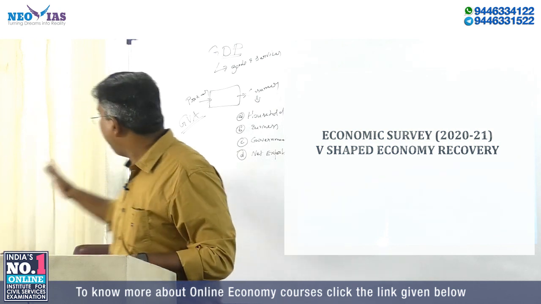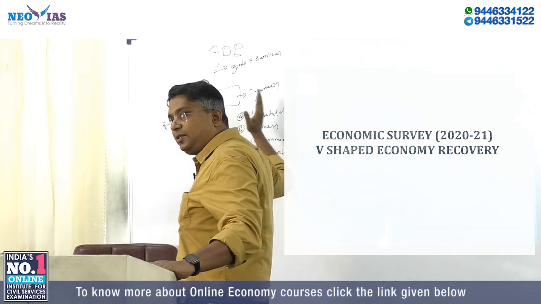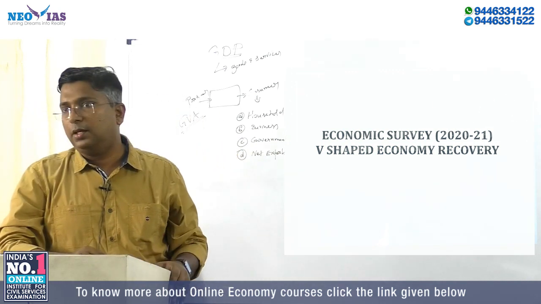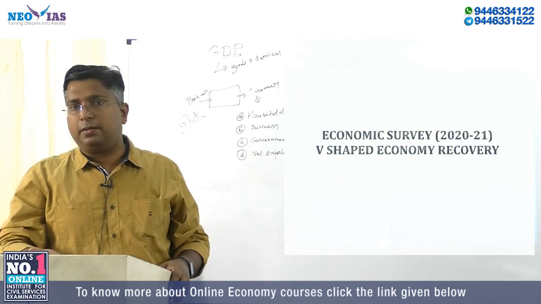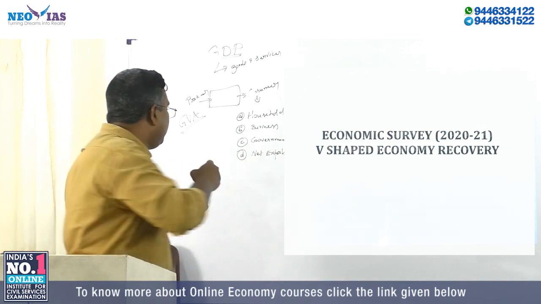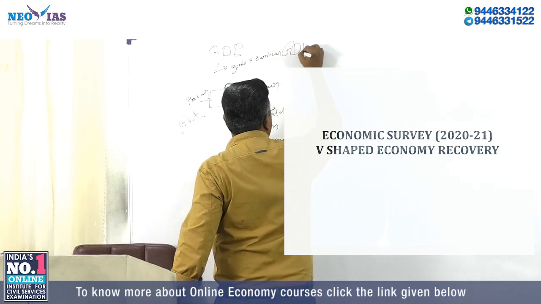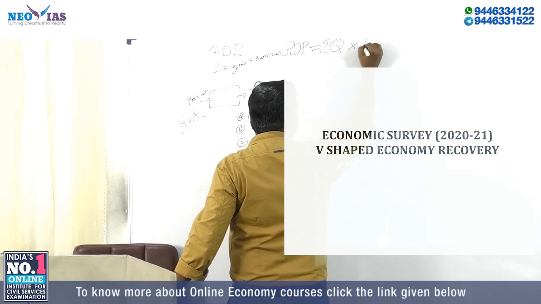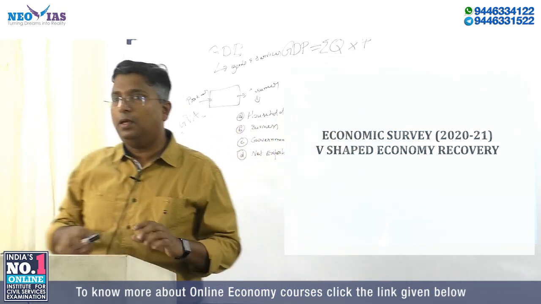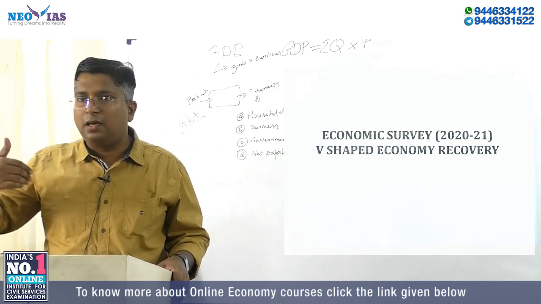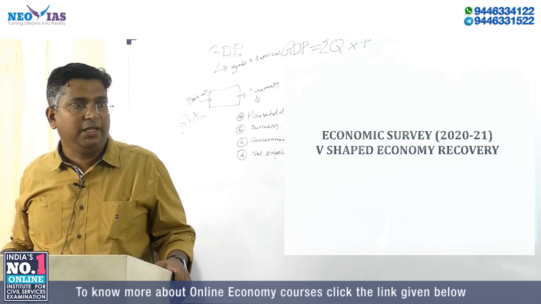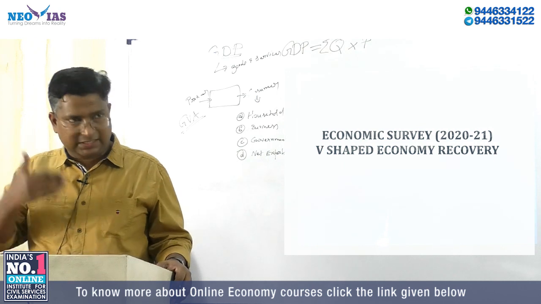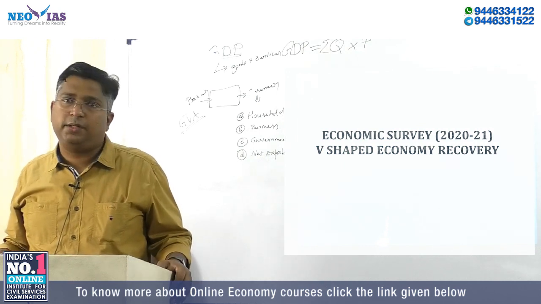So here it is gross value added, and here it is GDP at market price, for you to have a general idea. Then this GDP can be measured. GDP is nothing but the total quantity of goods and services multiplied by their prices. These prices can be current prices or constant prices. We already discussed this, I am repeating again. If it is constant prices, it is real GDP. If it is current year prices, it is normal GDP.